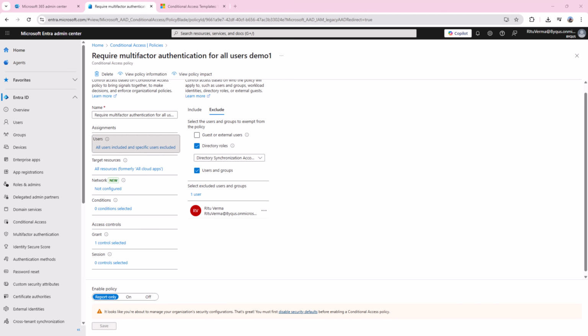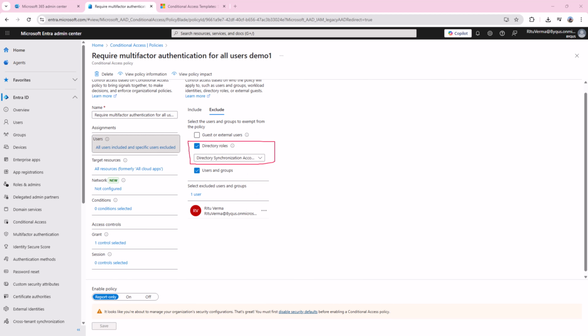But we will turn off the security default. In that case, you need to keep in mind that you always exclude this directory synchronization role from these conditional access policies.